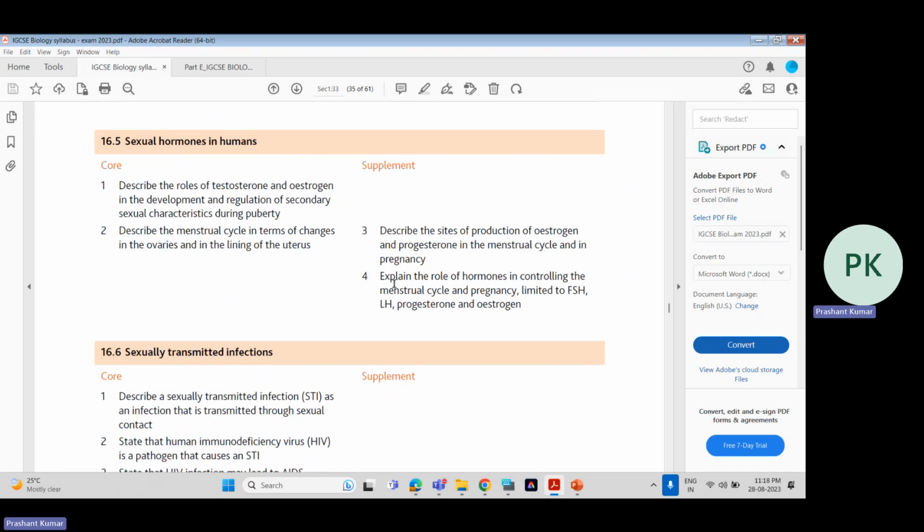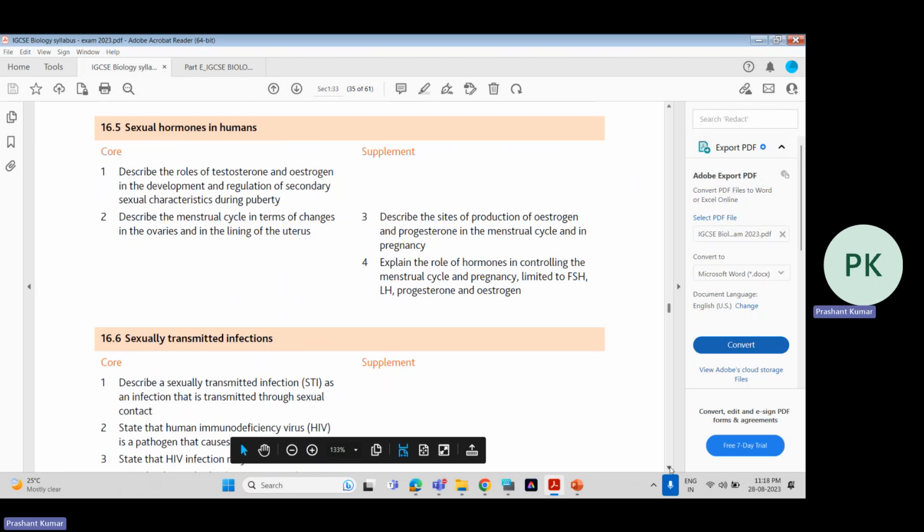And at the end, we'll explain the role of hormones and how they control the menstrual cycle and pregnancy, and it is limited to follicle stimulating hormone FSH, luteinizing hormone LH, progesterone hormone, and estrogen hormone. Then we'll talk about